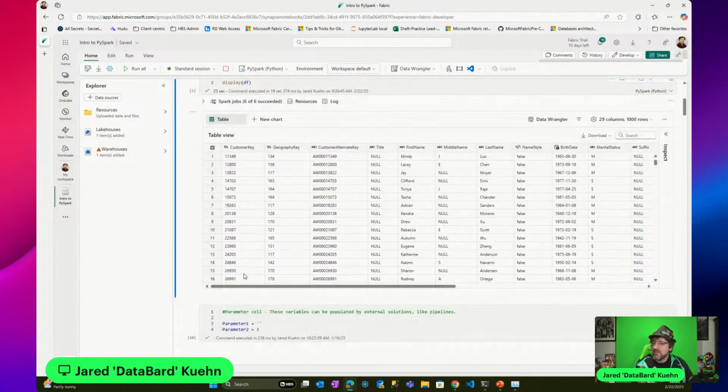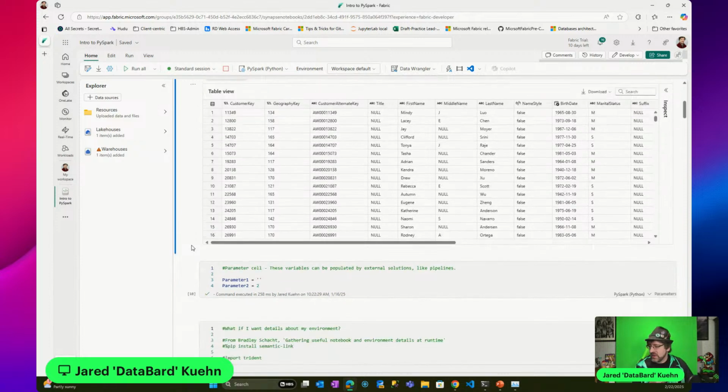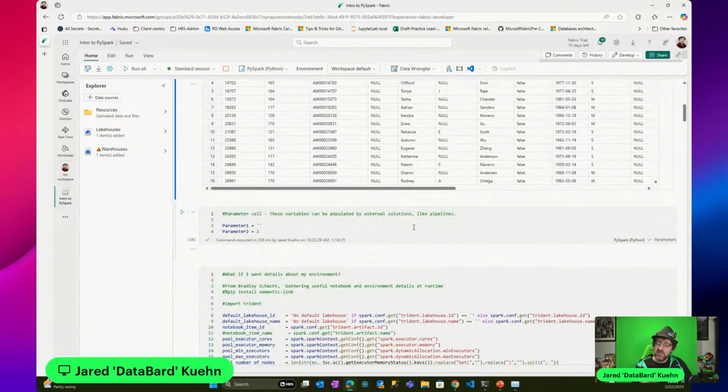So that's where, again, a lot of these capabilities are innately at your fingertips working with this. And it gets better the more that we go. Suppose now you want to orchestrate something like a notebook. You have parameter cells that you can create. This is a cell that can be exposed to an external process.